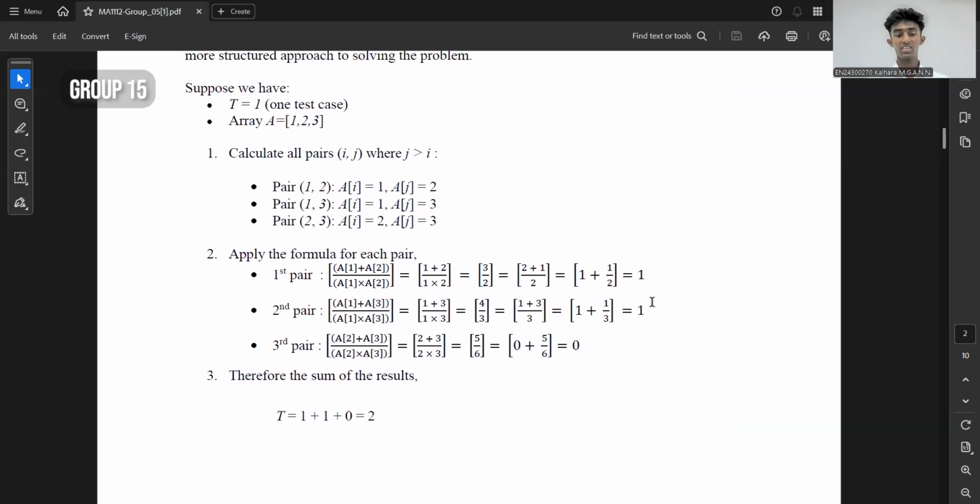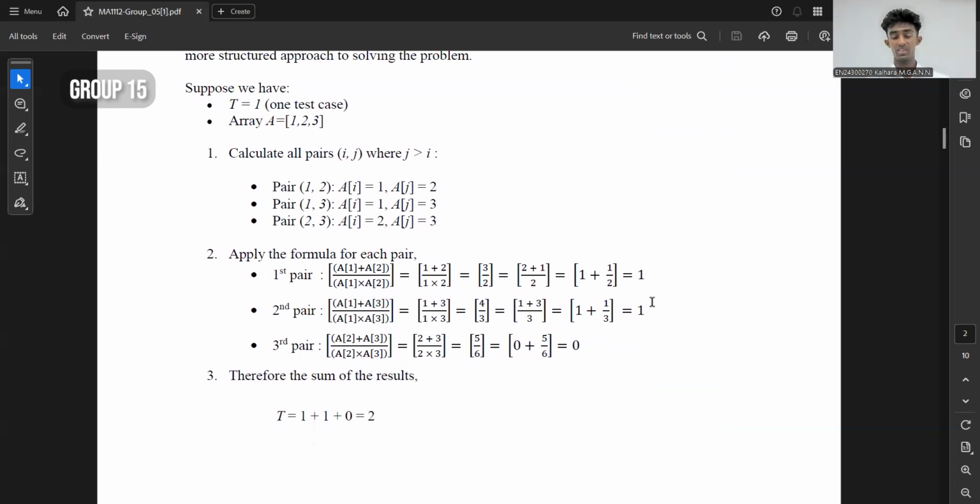So the constraints are: T should be greater than or equal to 1 and less than or equal to 15, and N should be greater than or equal to 1 and less than or equal to 200,000. The values in A should always be greater than or equal to 1 and less than or equal to 10